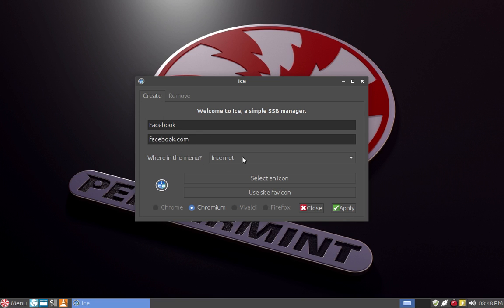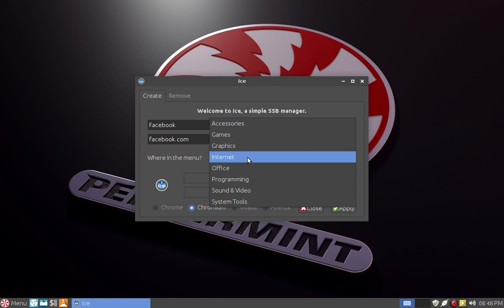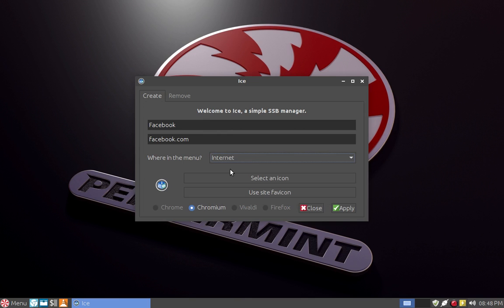We can choose which category that this quote-unquote application shows up in the menu. We'll leave it at internet, as that is appropriate. We can select an icon if we'd like. I don't have a Facebook image here, so I'll just click to use the site's favicon, which automatically pulls in the Facebook logo. So if we click apply,